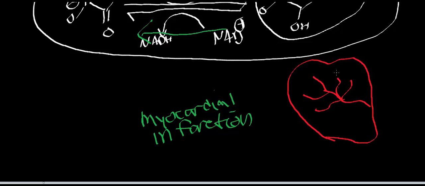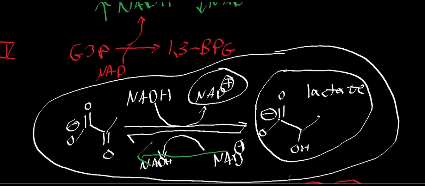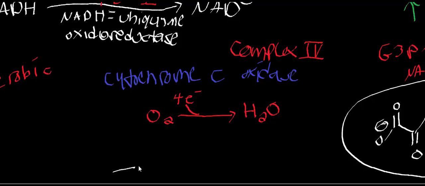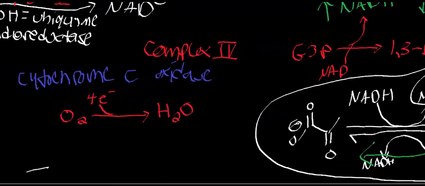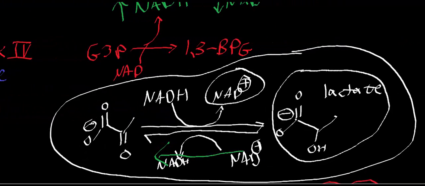Well, let's think about this. If I was to block this artery right there, then this whole area that the artery supplies is not going to be receiving blood, and therefore it's not going to be receiving oxygen. So in that area, guess what? Cytochrome C oxidase shuts down because it no longer has its substrate. Therefore, the electrons aren't being cleared. So NADH ubiquinone oxidoreductase shuts down, and therefore NADH isn't being oxidized to NAD+. And so as a result,